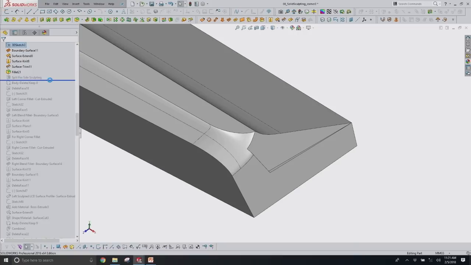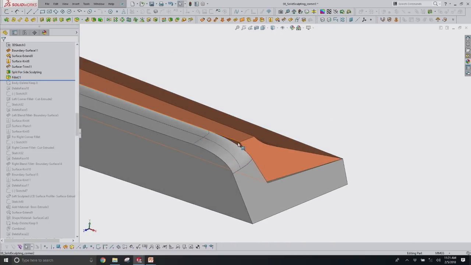But what happens if I split it and then drag the fillet down this way? The fillet stopped. Why did the fillet stop? Well, the fillet can't continue on to the other body. And so because I have this extra face in the model, the fillet's going to stop there. And now I've got this sharp edge here that I can come back and later fillet and then blend all